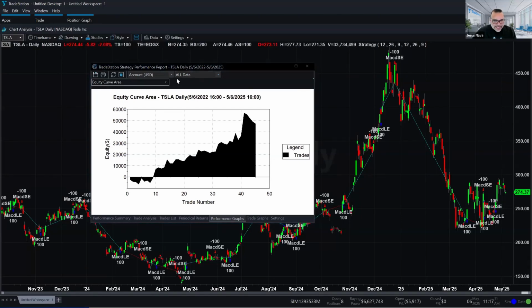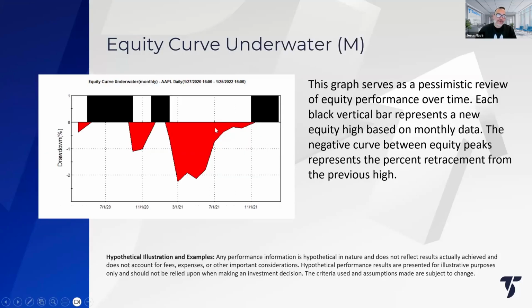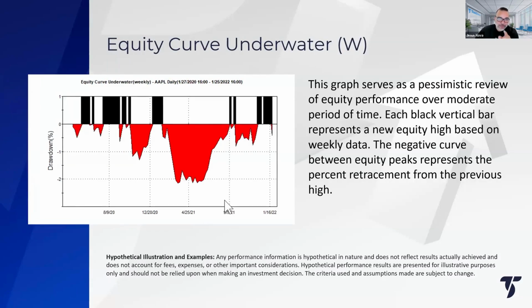In fact, if we go to the next graph, which is the equity curve underwater, it's a graph that I like a lot. This one is the equity curve underwater M, which is the monthly one, and this is the weekly one, equity curve underwater W for weekly. It tells you how long your strategy has been underwater. Underwater means anything that is lower than a peak. So every time the strategy reaches a new peak,